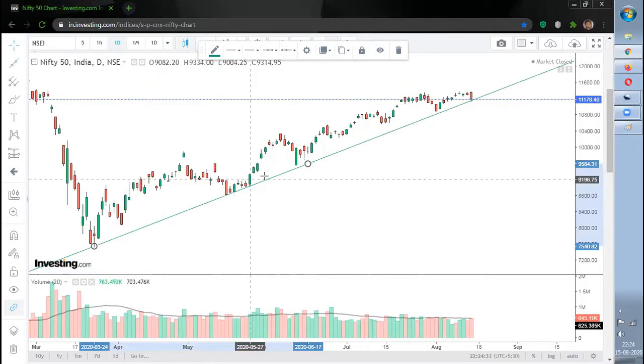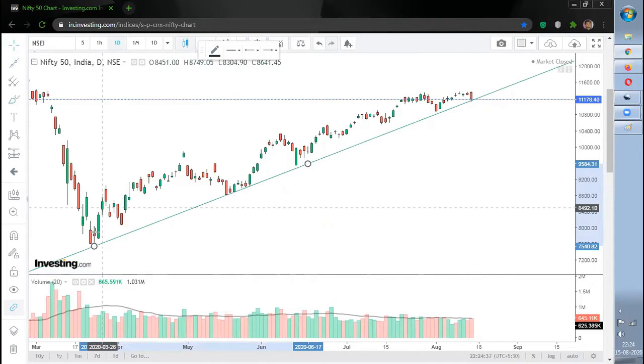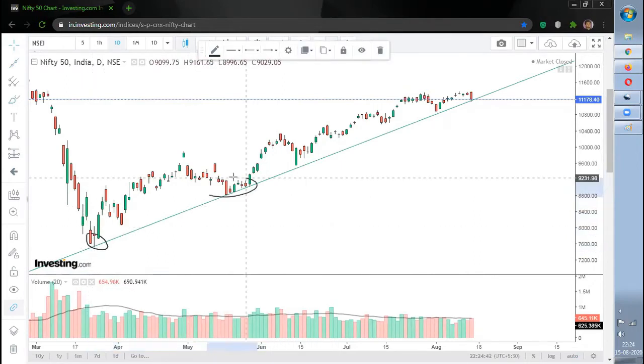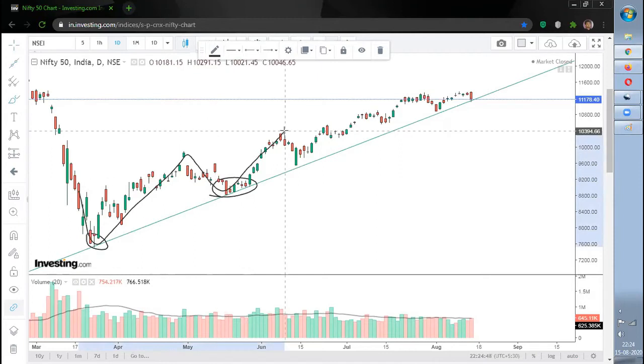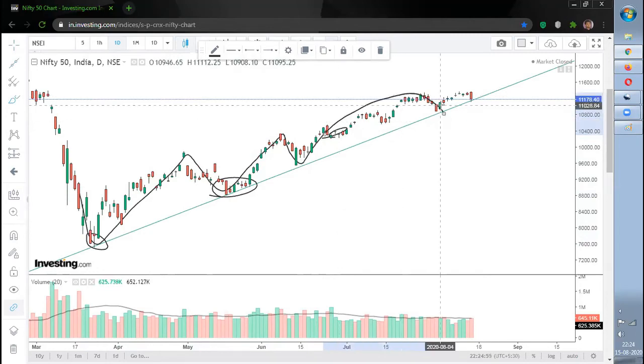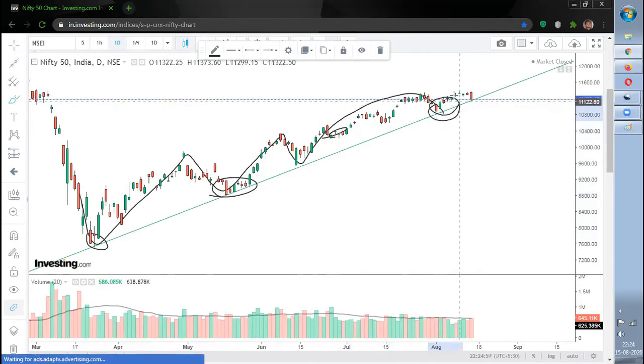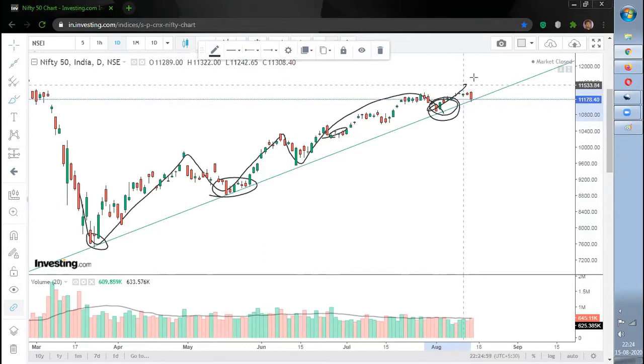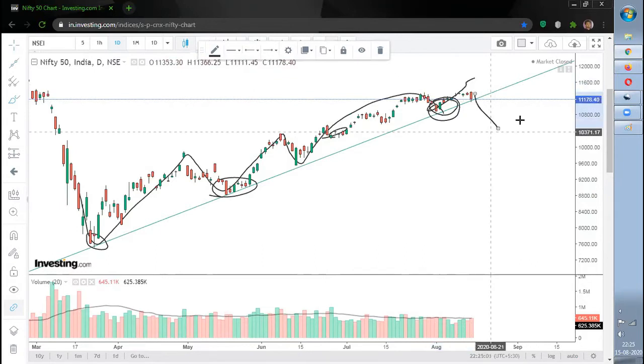So whenever you draw a trend line, what you need to do is draw it connecting the points wherein it makes a swing high. From here it made a swing high, from here it made a swing high, from here it made a swing high, and now you cannot join over here. You need to wait, and ultimately the swing high has formed, the point is formed over here, and that is where we can expect whether a swing high or a breakdown can also happen. So basically what it tells is, you need to connect the correct points.